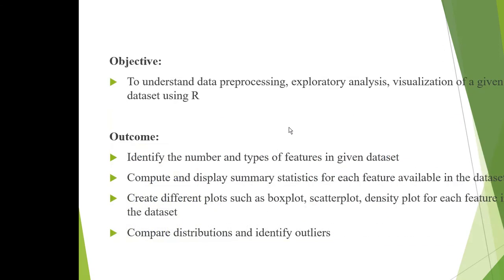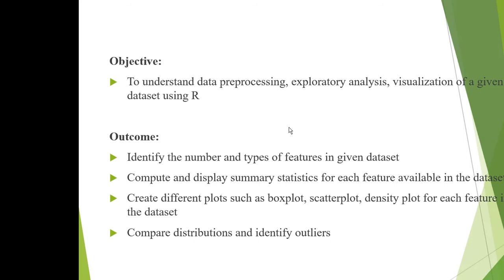So let us discuss about the objectives first. So the objective is to understand the data pre-processing, exploratory analysis, visualization of a given data set using R. And the outcome is after this assignment, you will be able to identify the number and types of features in the given data set.